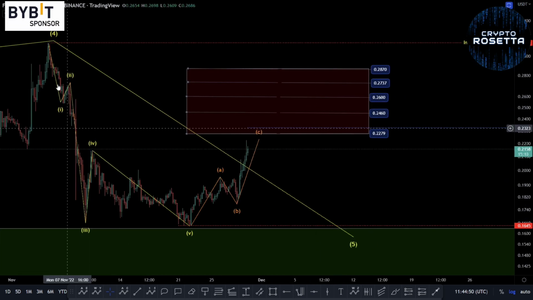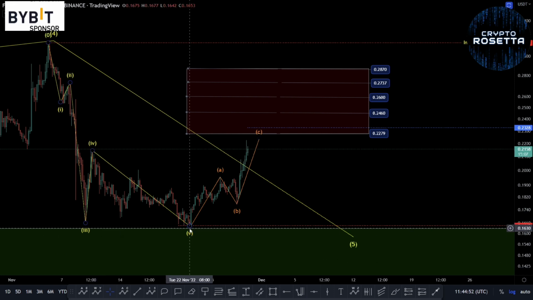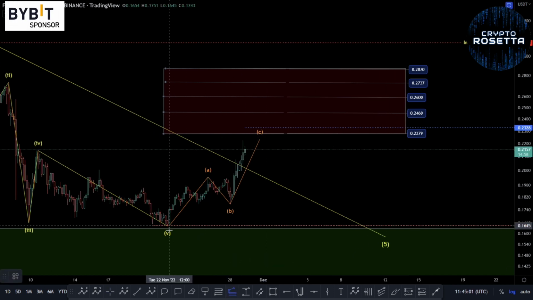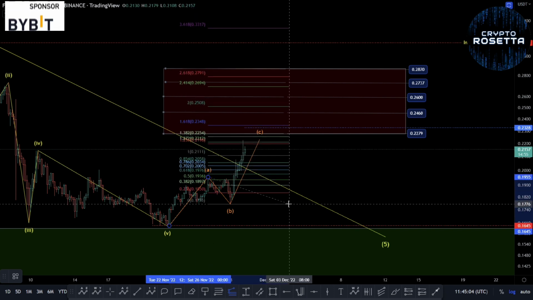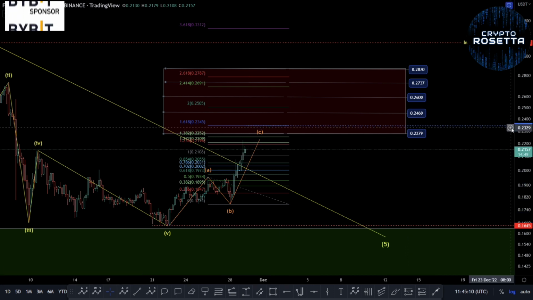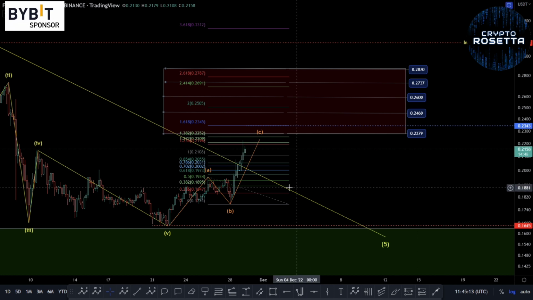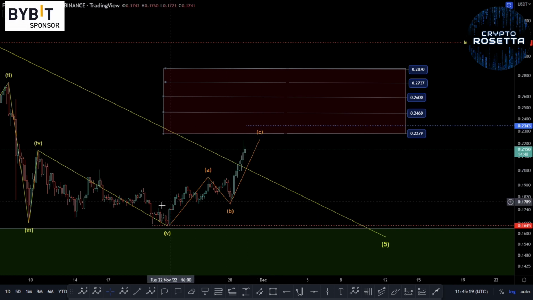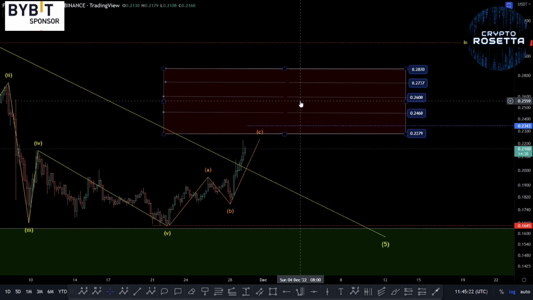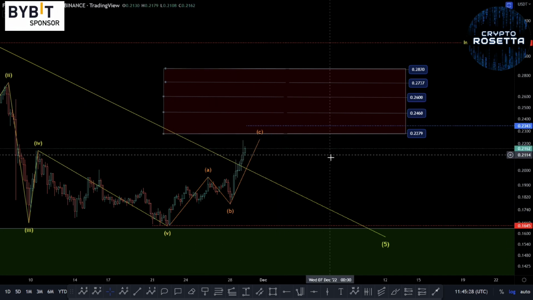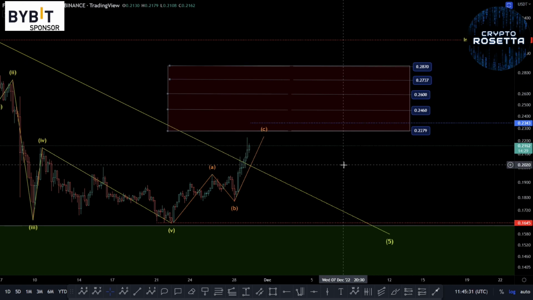Okay, so we could have this as a 5-wave move into this point here, and then we could be doing this leg up here as just a zigzag. So at the moment, it's just tracking as a zigzag. The impulsive trigger, I think, is that blue line, but I just want to double check it. It's slightly higher. Okay, so the impulsive trigger comes out at 0.2343. A move above that point would then make us start looking at this as potentially a 1, 2, 3, 4, and a 5 up into these points. If that does happen, then we'd be looking for a 3-wave retracement and another 5-wave move to the upside.